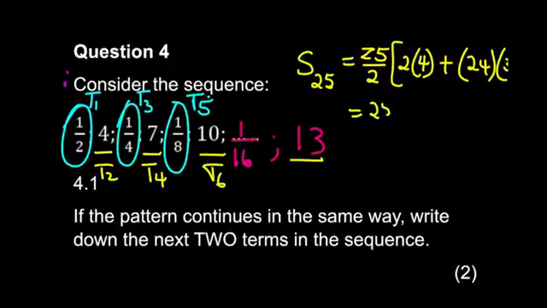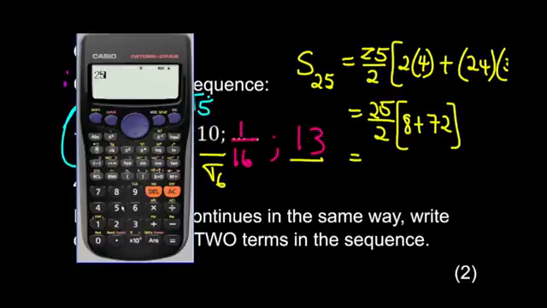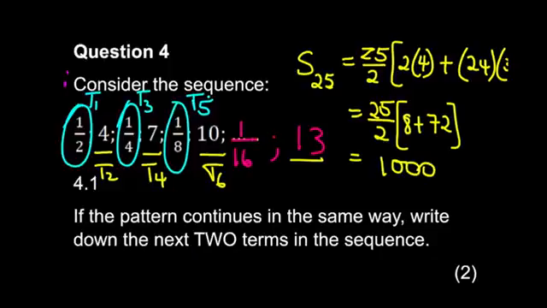So that would be 25 over 2 into 8 plus 72. So that's in total 25 divided by 2 times 80. And that would give us, oh dear, we got in 2 times there. Okay, 25 divided by 2 times 80. It would be 1,000. Okay, and then the blue ones, the sum of 25 of the blue sequence